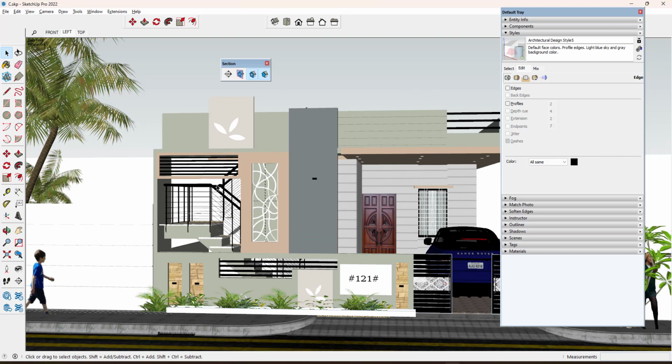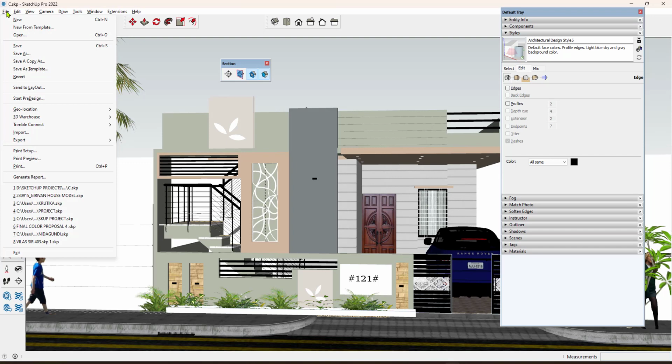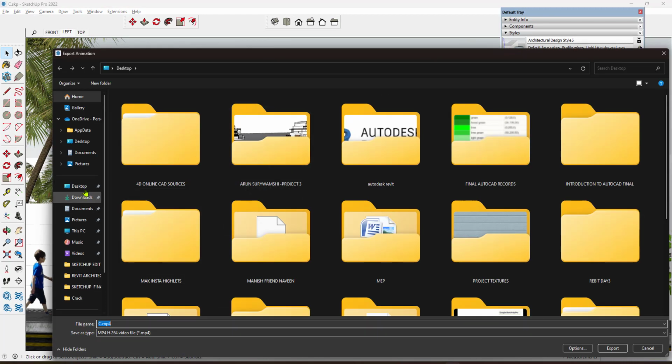Now if you want to export this scene or animation, then go to the file option, click on the export and click on the animation. Go to the particular location and then give the name. Make sure you are saving it in .mp4 and click on the export.